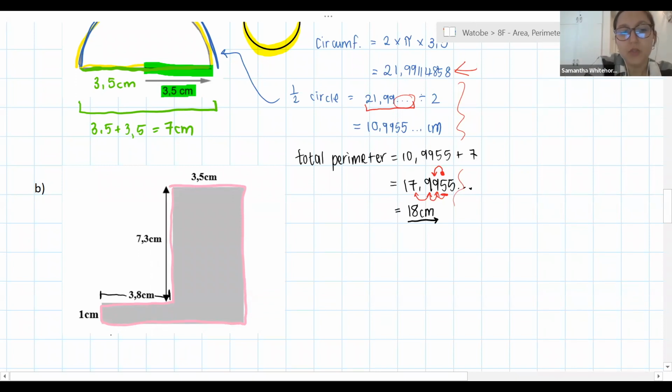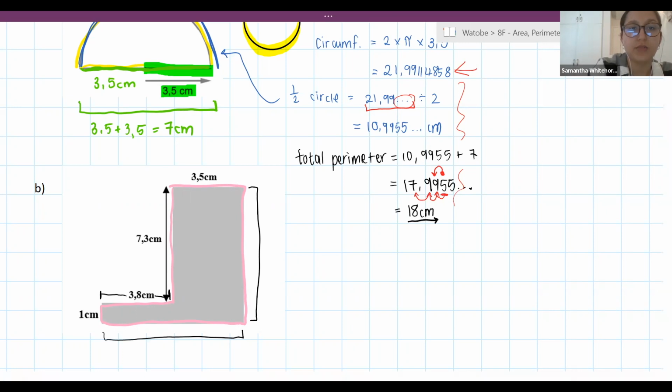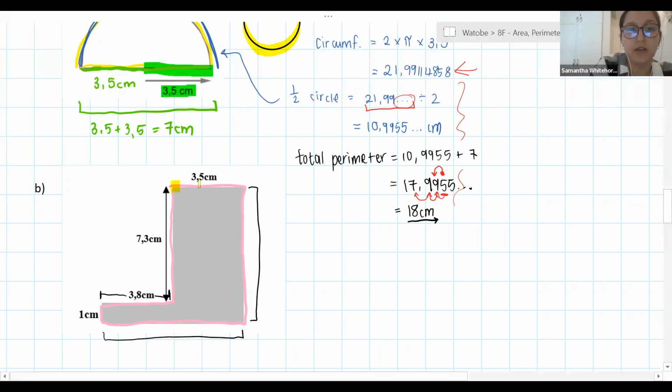So we essentially want to ask ourselves, can I work out the total length at the bottom? And can I work out the total height down the side? Now we just have to look at the dimensions carefully. So at the top, we've got 3,5 centimeters, which, because this is a rectangle, translates to 3,5 centimeters down there. I then also have 3,8 centimeters along the foot of my L, which translates to 3,8 centimeters down at